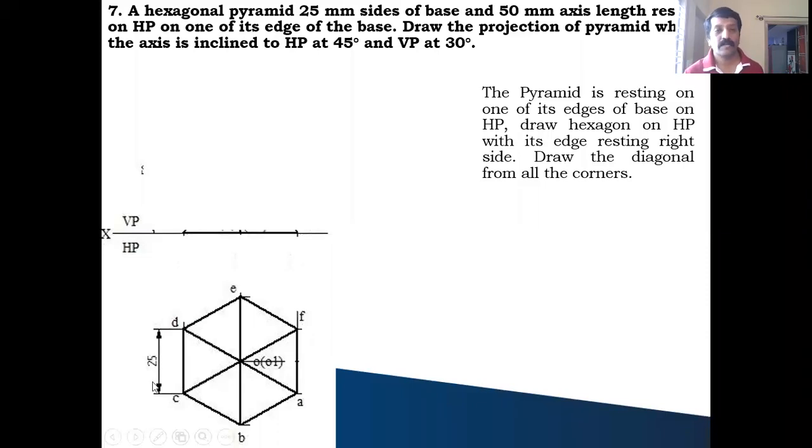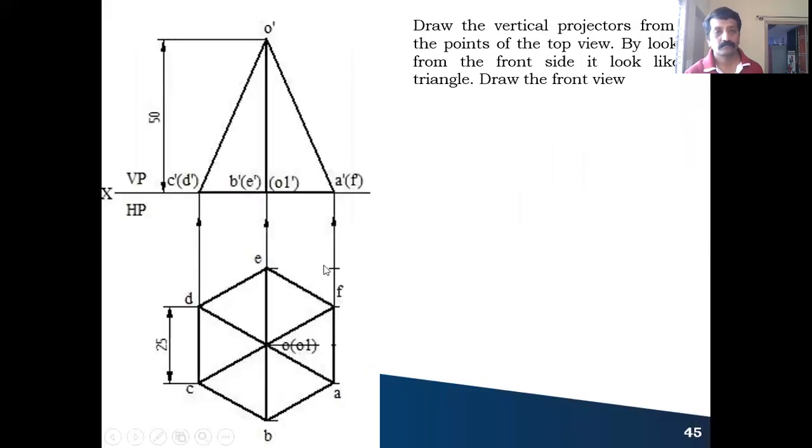Next, coming to the front view, you draw vertical projectors from all the points till they meet the XY line. Then from the axis line, this is your center line, you extend a vertical line, and the axis height is given as 50 millimeter. You take 50 millimeter and cut this vertical line. Wherever it cuts, that is your axis point, the upper axis point, that is the vertex or the apex point.